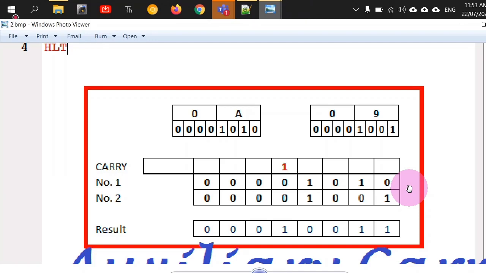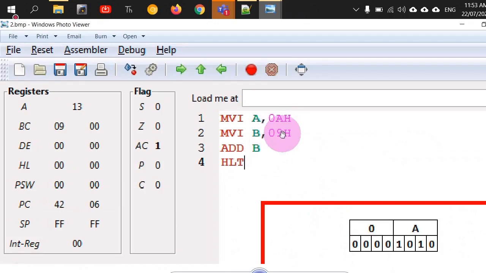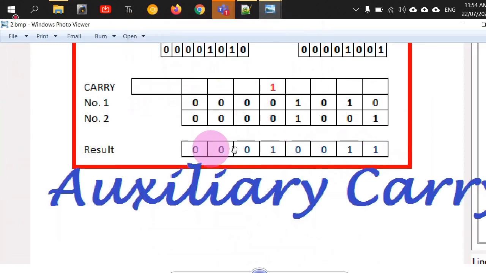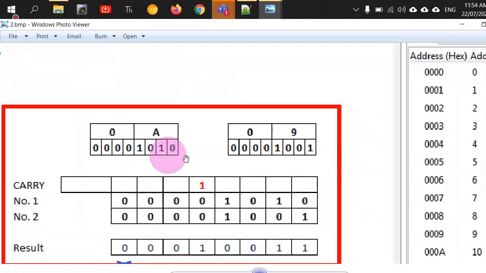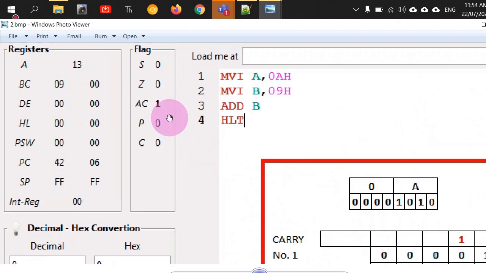Now we will discuss the reason for the existence of auxiliary carry, but before that, let us see a simple program which implements this, adding numbers 0A and 09. So here you have numbers 0A and 09, and you have added them both simply and halted the system. And you can see that whenever they are added, you get the number 13 as the result, because after addition, the result happens to be this. So 0001 is 1 and this is 3. 13 is the result, but the auxiliary carry flag is set. Why? Because if you do the addition by yourself, you will definitely get a carry at this particular position, right? So the auxiliary carry flag is set.